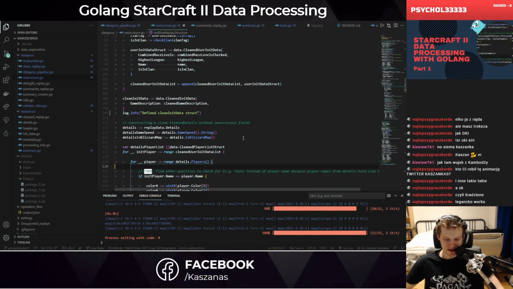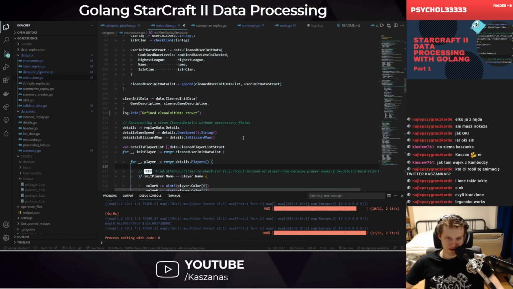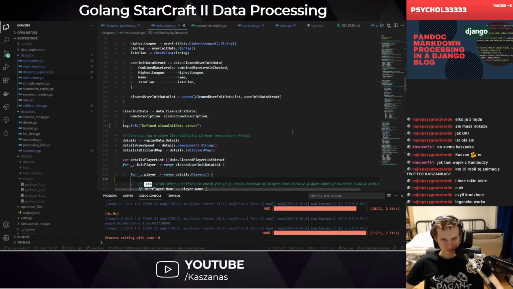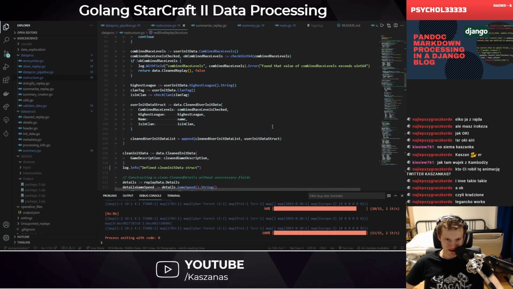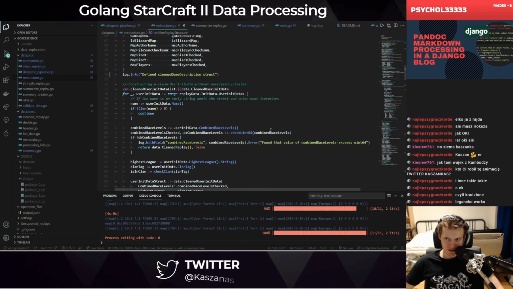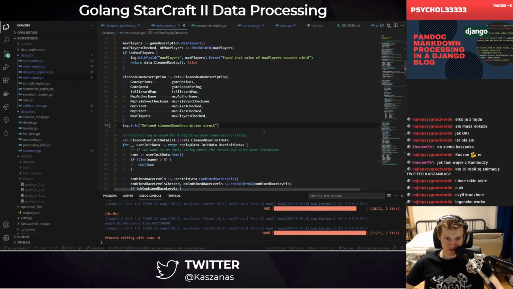So I'm using the data that's easily available from the MPQ format, and it's just readily available by using a parser. So this is something to keep in mind, that for big data sets there is no way of